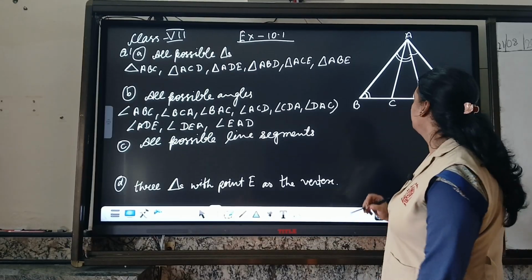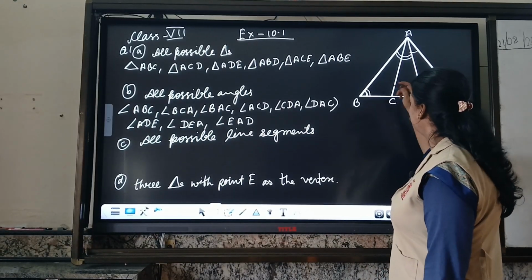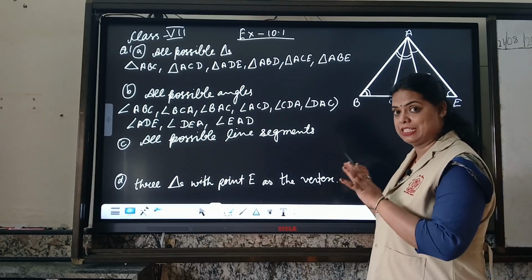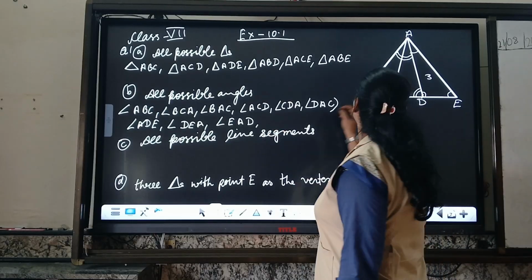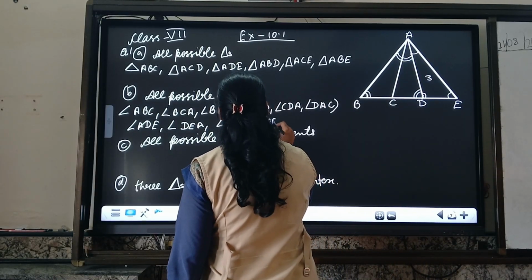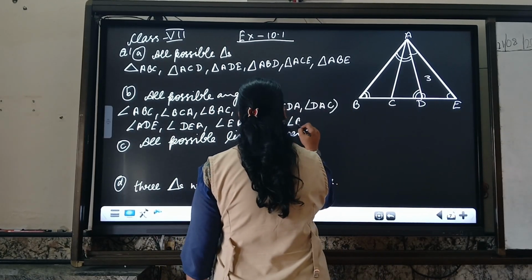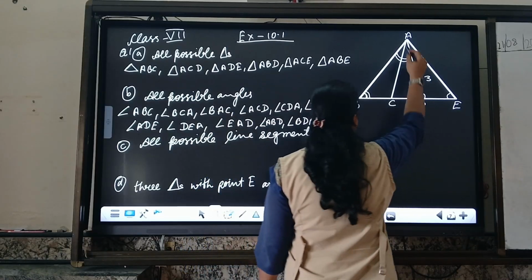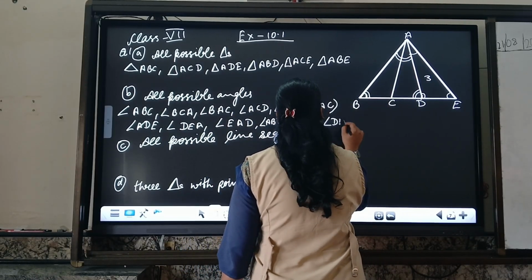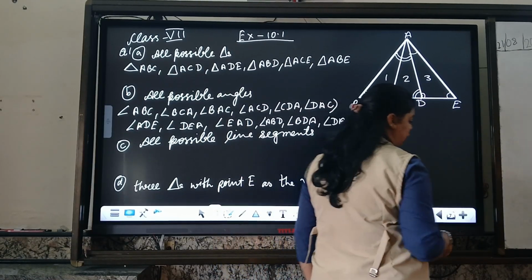Now I am going to consider the triangle whose angles have double strokes. You can see B has a double stroke, D has a double stroke and A has a double stroke. It means I have to consider these angles. So I will write angle B formed by ABD. Now angle D formed by BDA. And the angle A, the wider part, DAB. Now it's time to consider triangles number 2 and 3.